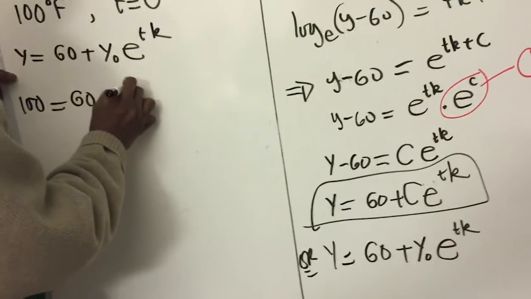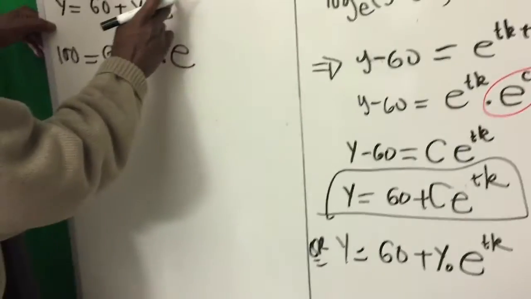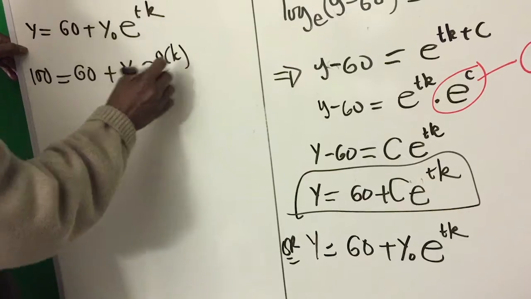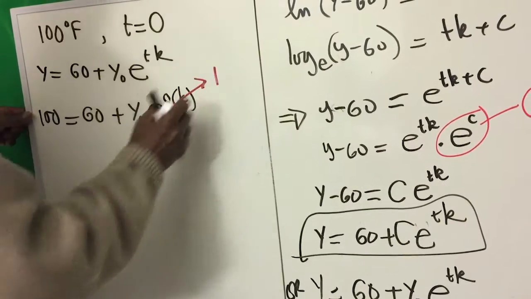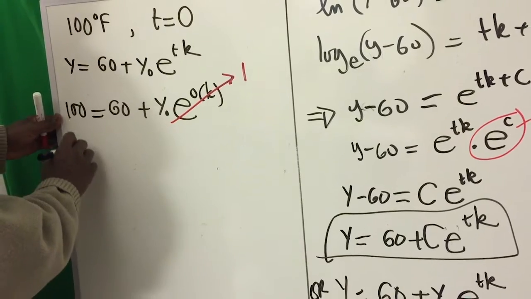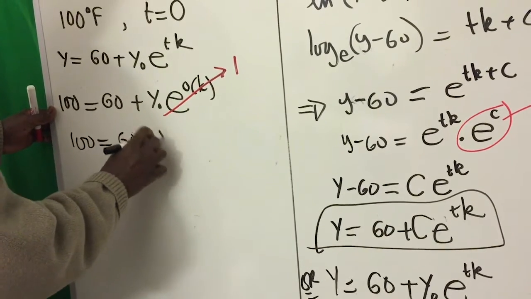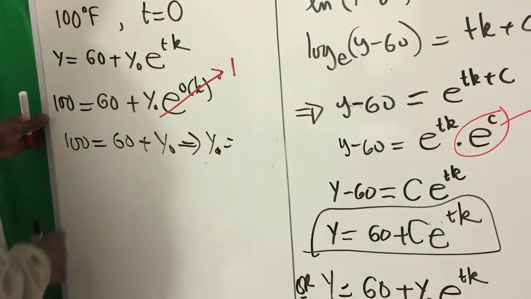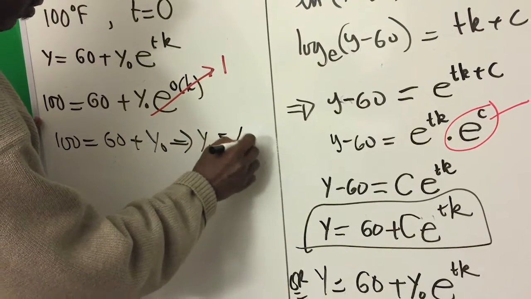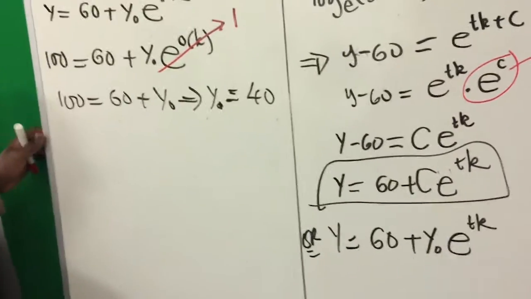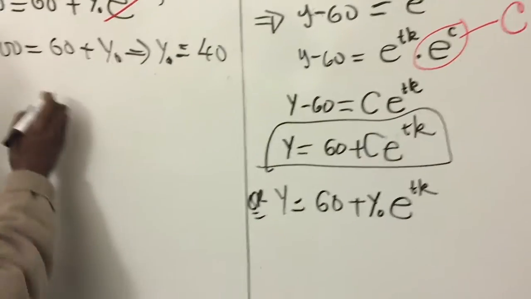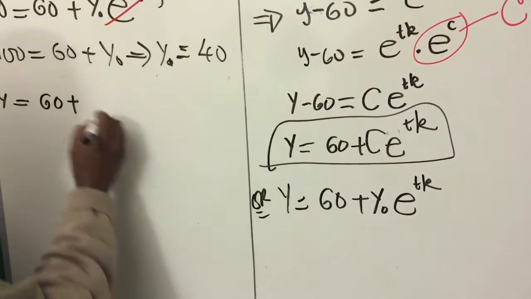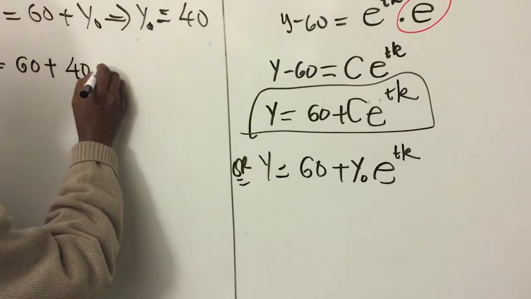is equal to 60 plus y sub 0 e to the power of the time, which is 0 here, so this will be 0 times k. So this means that this is 1, and we have 100 is equal to 60 plus y sub 0, meaning that y sub 0 is equal to 100 minus 60, which happens to be 40. So with this in mind, we change this equation to y is equal to 60 plus 40 e